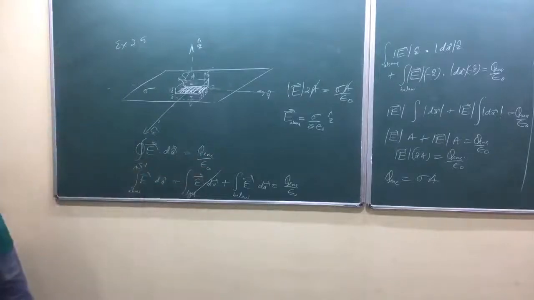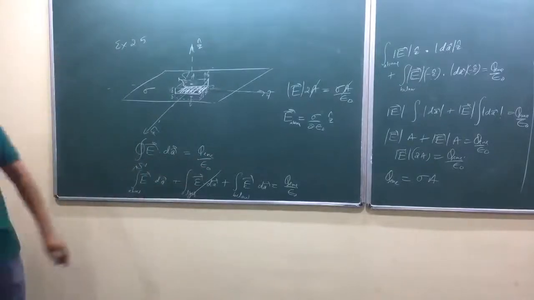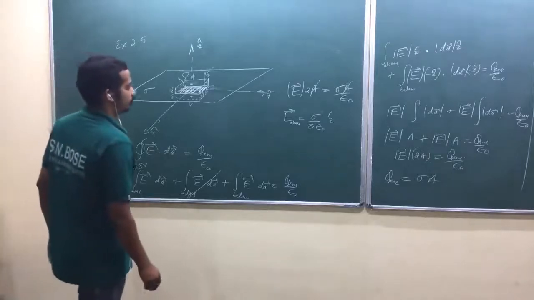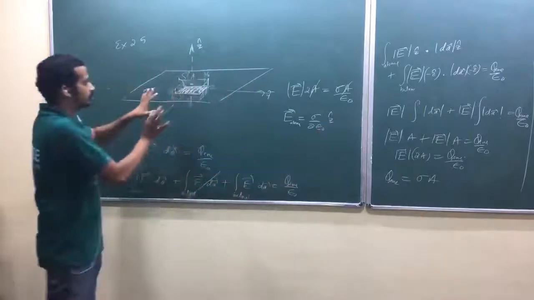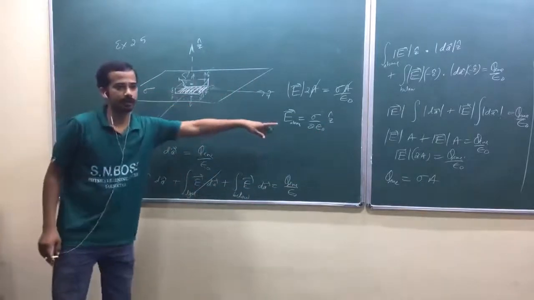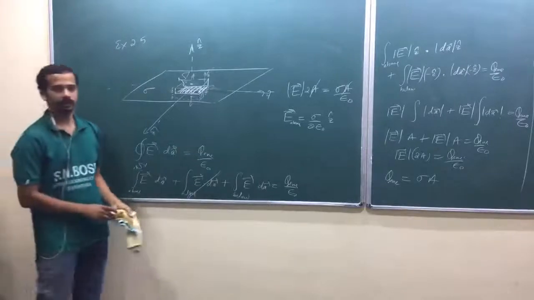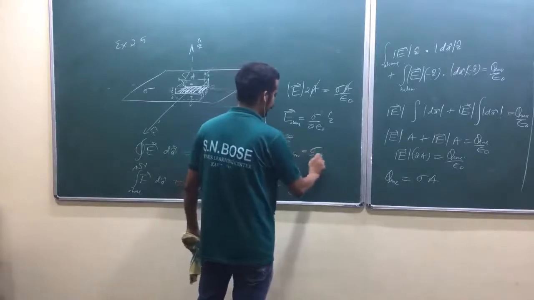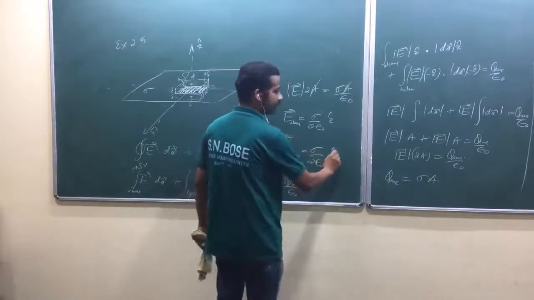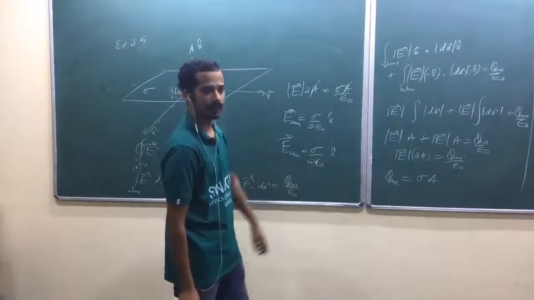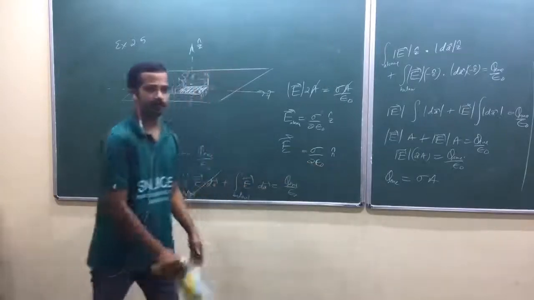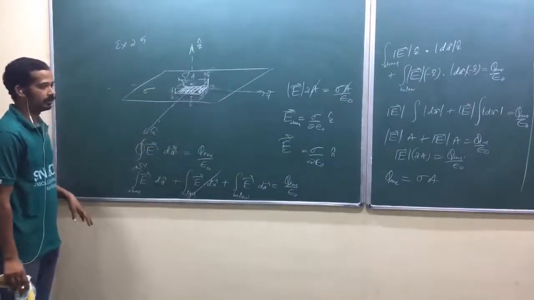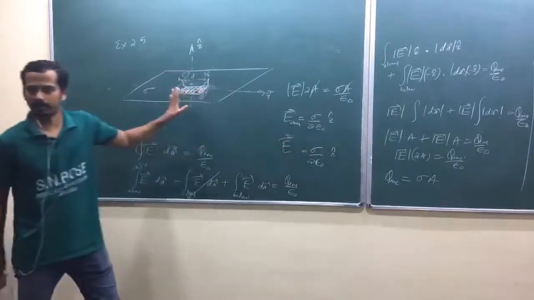Okay, so his question is, we have to put some n cap here. I have taken some coordinate system, that's why I put z cap. If you are not taking any coordinate system, then you have to put E above is equal to sigma by 2 epsilon naught n cap. This is away from the plane. Or you have to write like this. Electric field is like this, isn't it? Here I have taken a coordinate system to explain, that's why I put z cap. According to my coordinate system, that's correct.